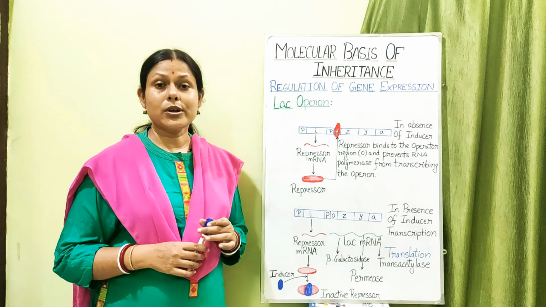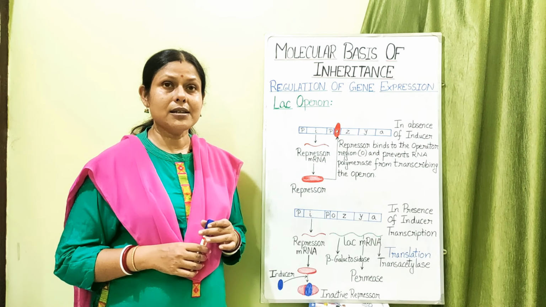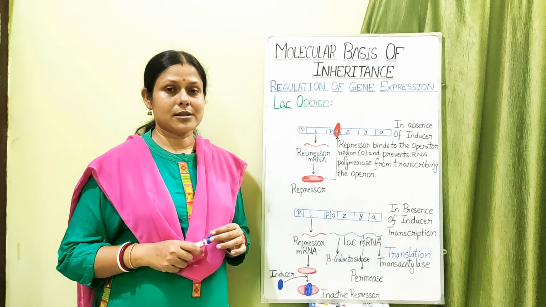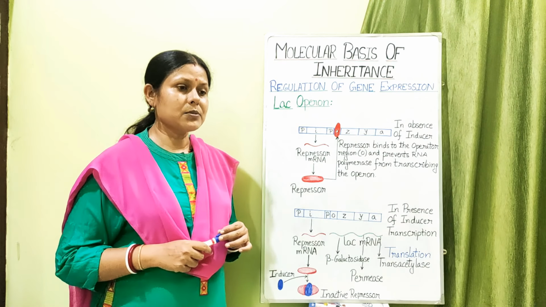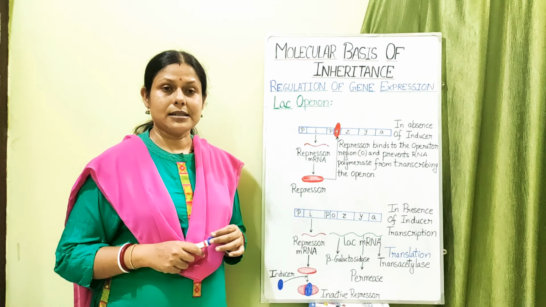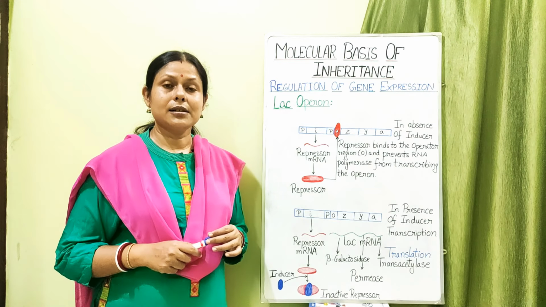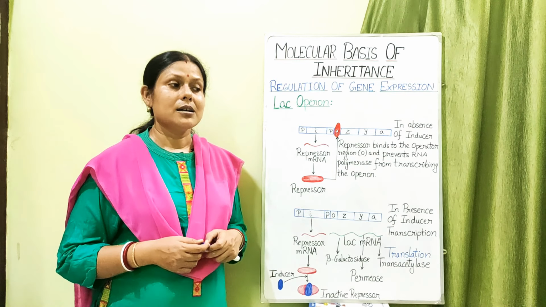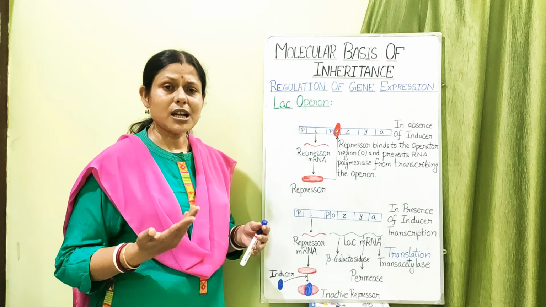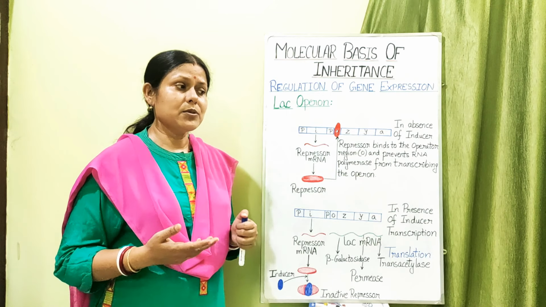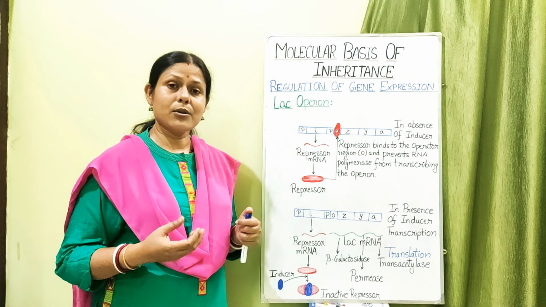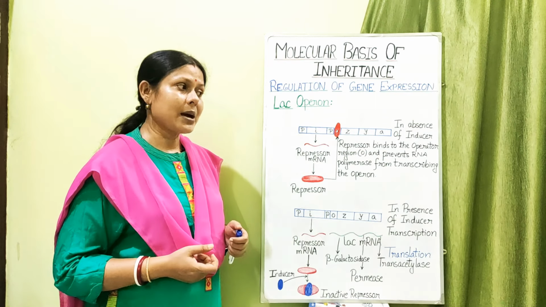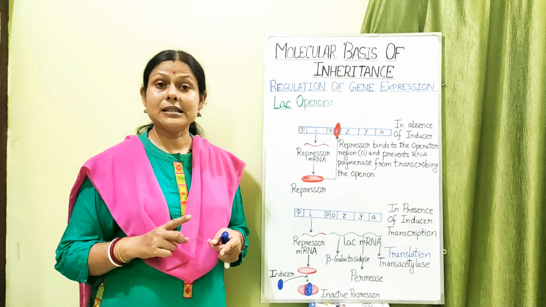As far as the prokaryotic cell is concerned, the regulation is mainly at the transcriptional level. Suppose we take an example of the E. coli bacteria. This E. coli bacteria needs a substrate for getting energy. Say, for example, glucose is a source of energy. But suppose the E. coli bacteria is placed in an environment where there is lactose instead of glucose. Now what will happen, because lactose is now the substrate instead of glucose?